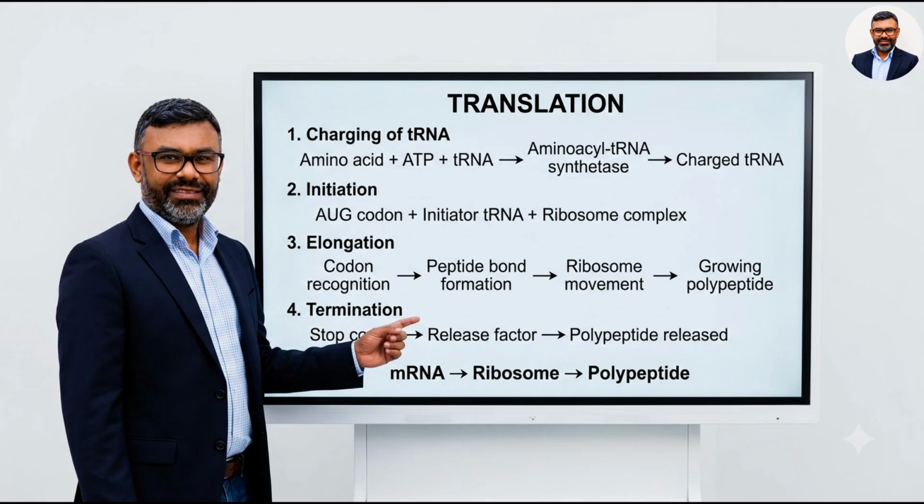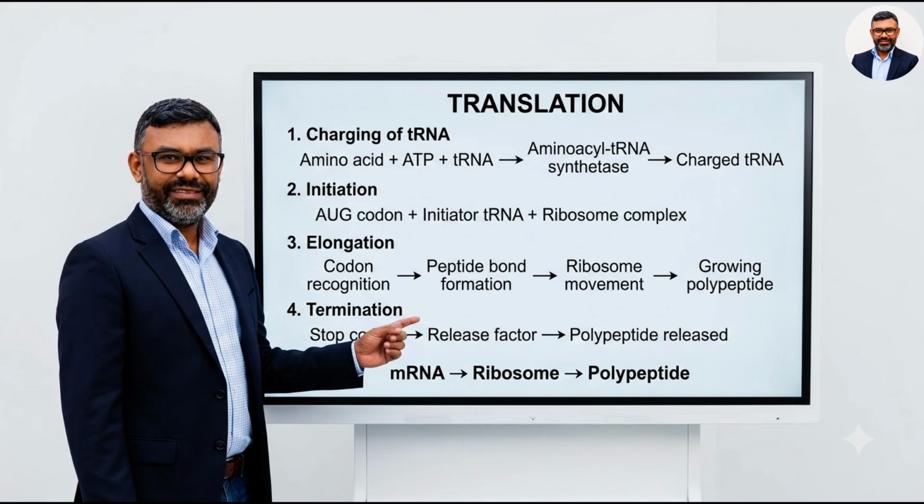First, during charging of tRNA, each amino acid is attached to its corresponding tRNA by the enzyme aminoacyl-tRNA synthetase using energy from ATP. This produces a charged tRNA. Second, during initiation, the ribosome recognizes the start codon, AUG, and the initiator tRNA brings methionine. Third, during elongation, charged tRNAs recognize successive codons, peptide bonds are formed, and the ribosome moves along the mRNA while